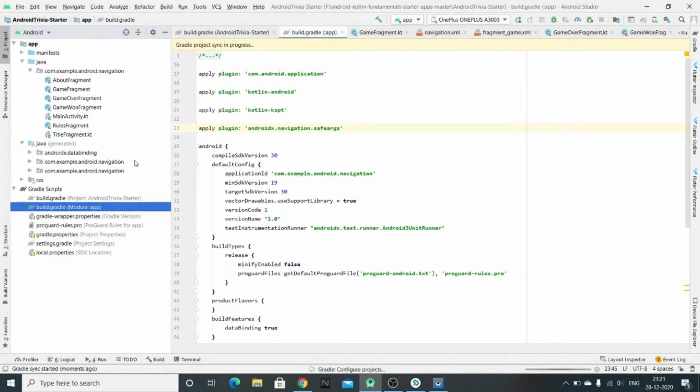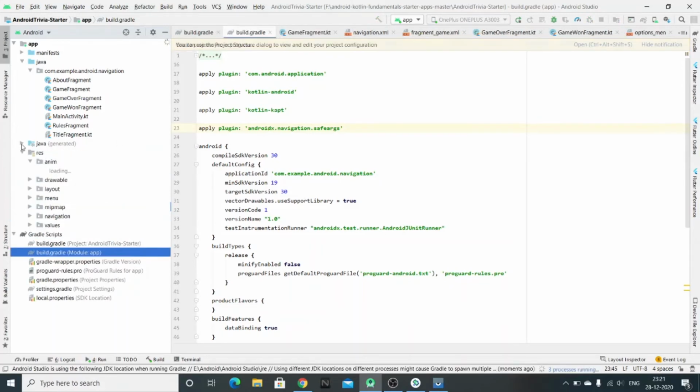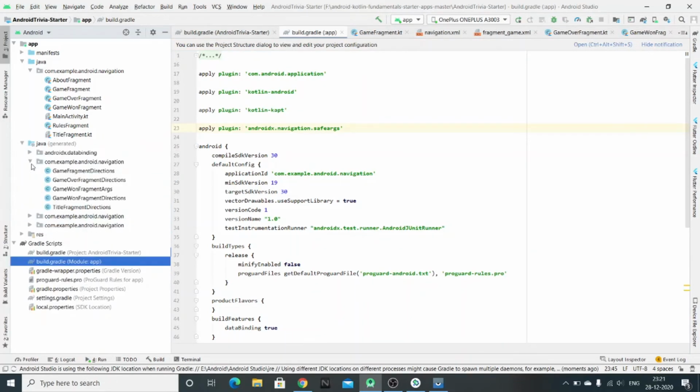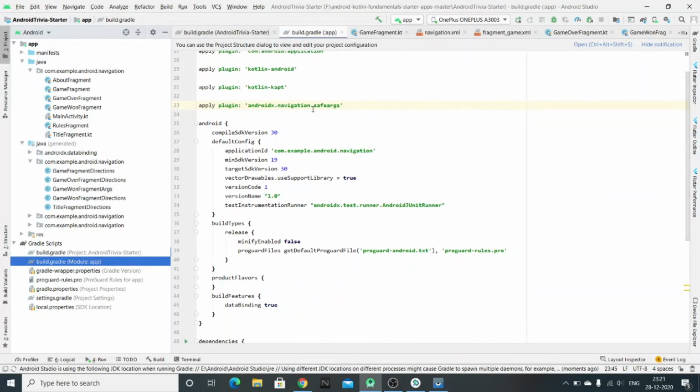The classes in that extra package will be used by SafeArgs to transfer data from one fragment to another. As you can see, we have the same fragments, just with Directions added to their names.